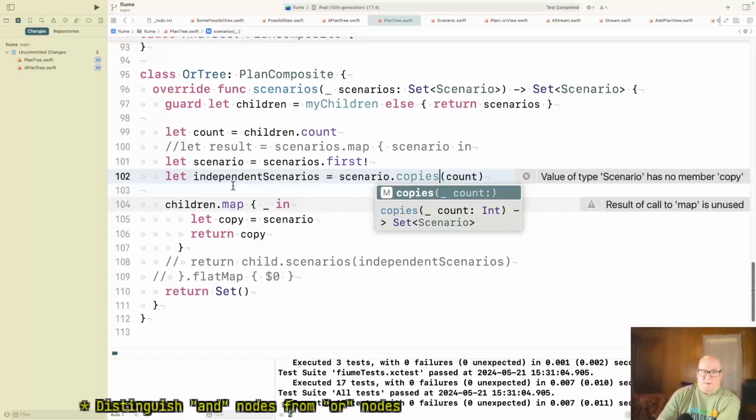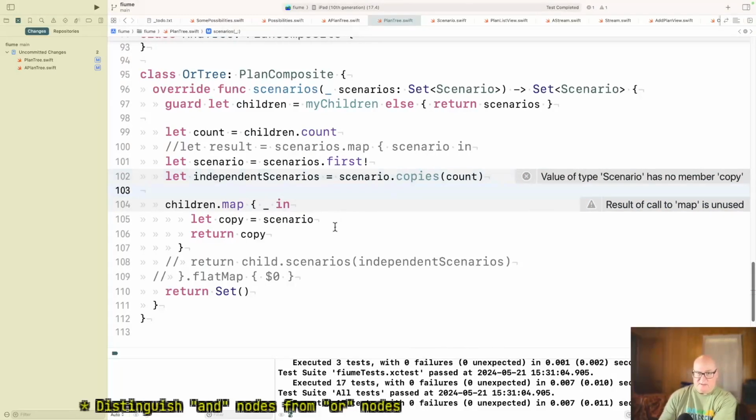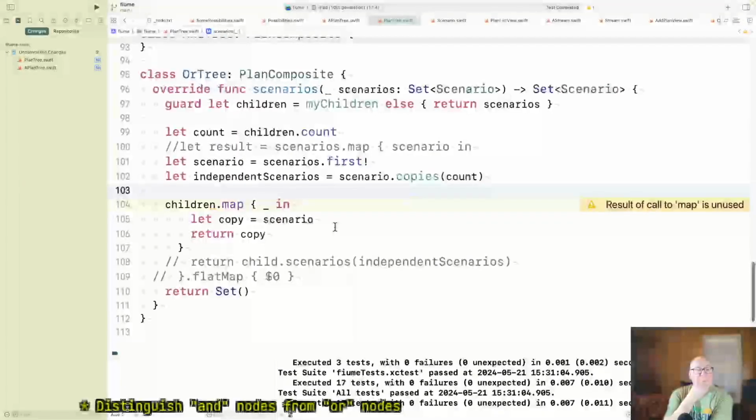Okay. So I've got the independent scenarios, but I don't have them. I honestly kind of want them as an array.